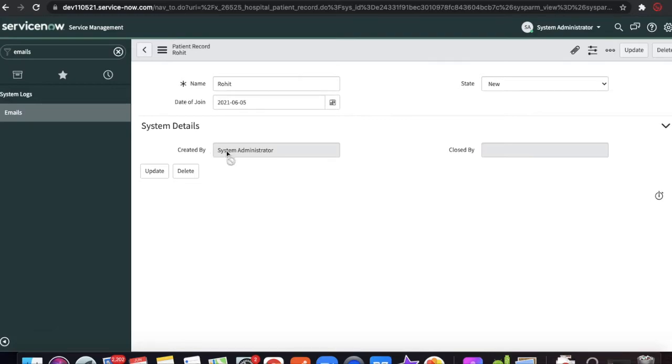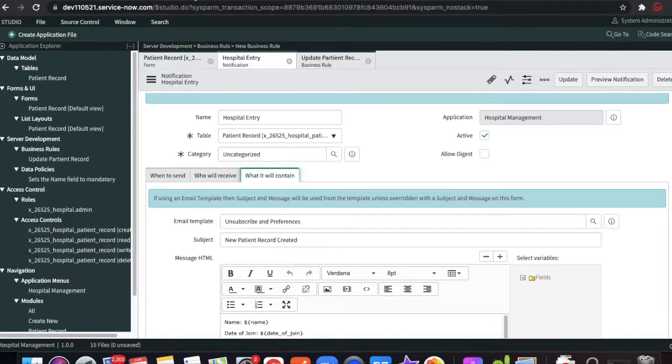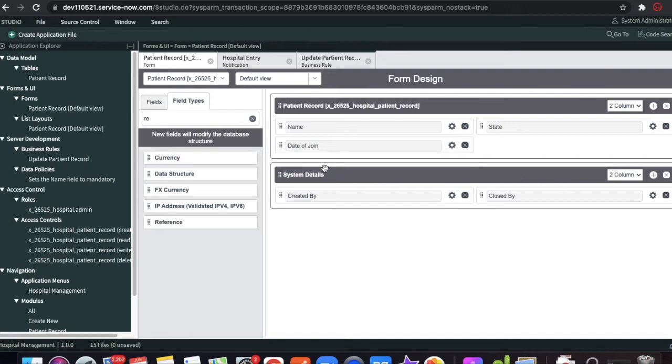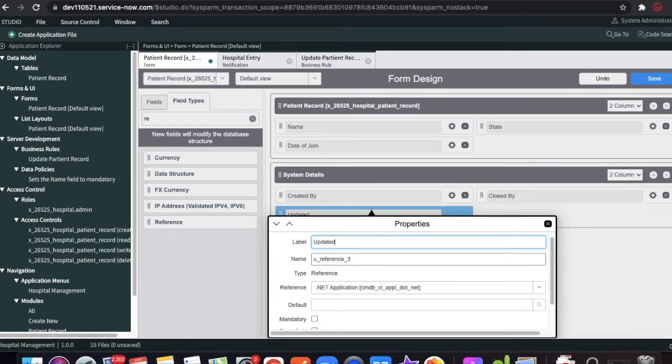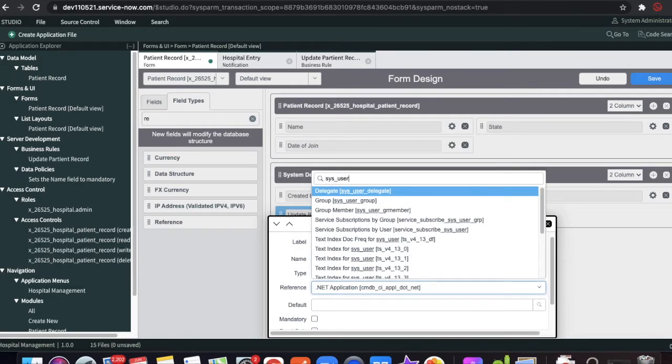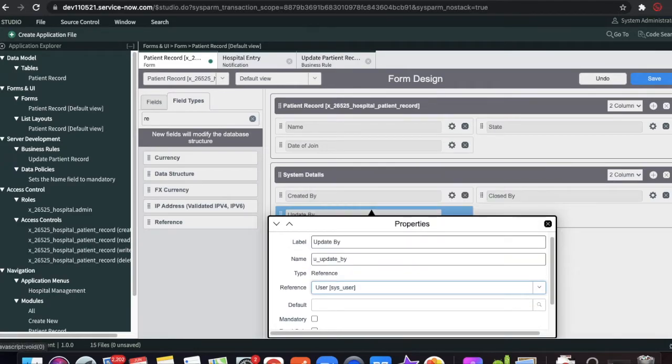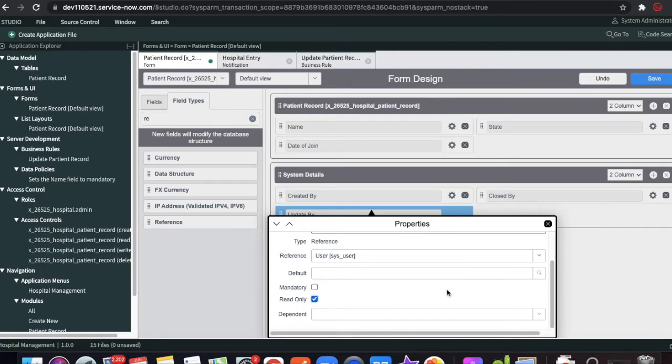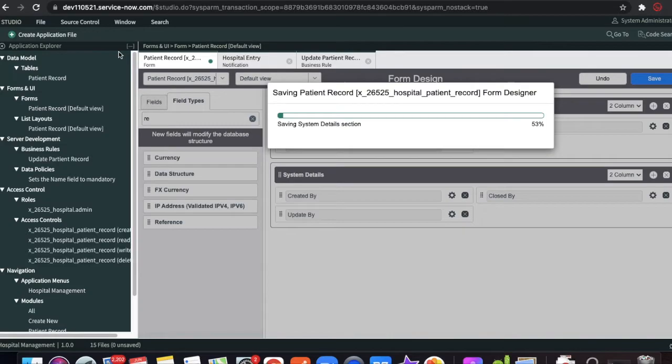So here I am going to again create a new field called update by, although I know that there are already fields there, but I am creating it to demonstrate the demo basically. Okay, so let's go back to our studio again and click the forms, and I am going to create one more reference here, and the name is update by. I'm putting u underscore update by, and the reference table is sys user table. And making it read only, and save that. Okay,